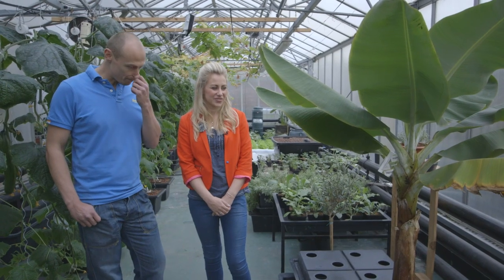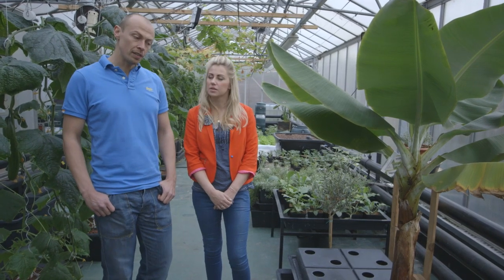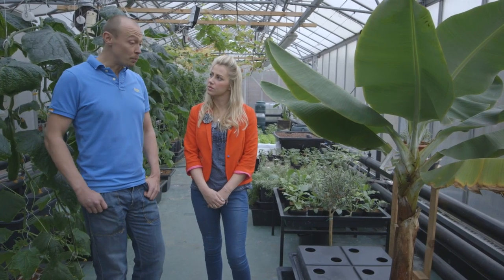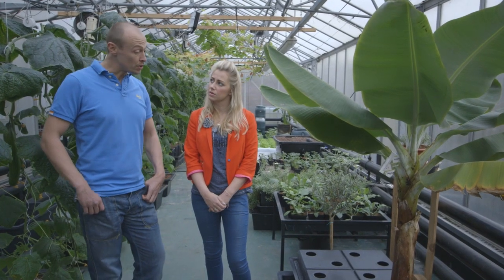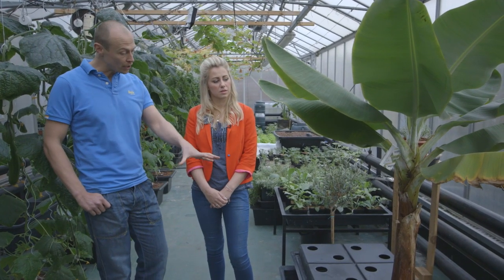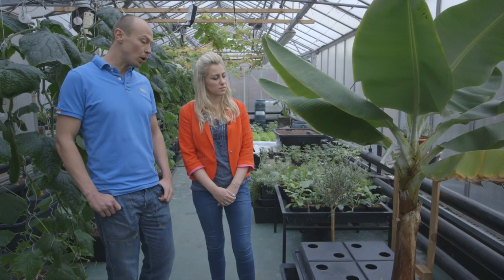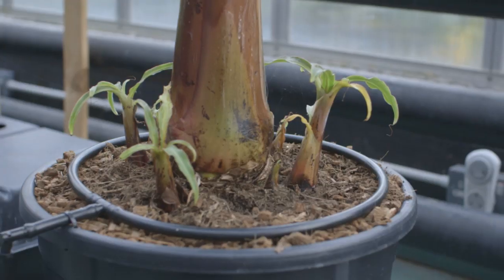The reason why we've produced this type of system is one of the trends that we're seeing now with a lot of growers, that they tend to be growing much larger plants, and to grow much larger plants it's conducive to use a much larger pot. So there's not many systems on the market at the moment that are off the shelf that can do that type of method of growing. So we've modified a Wilma system here. We've put a large 35 litre pot on top of a Wilma 4 system, and we've created an irrigation ring